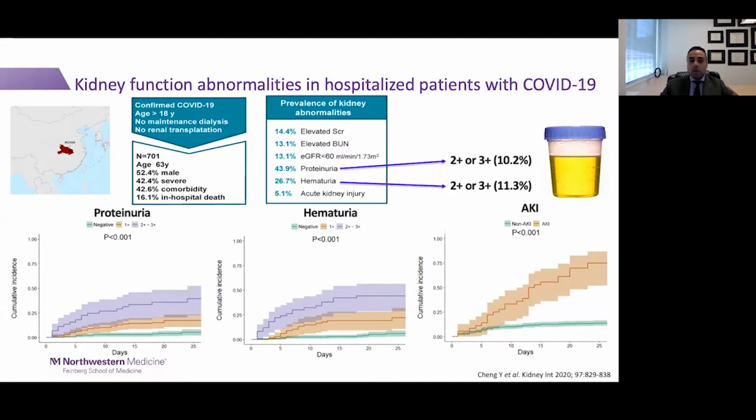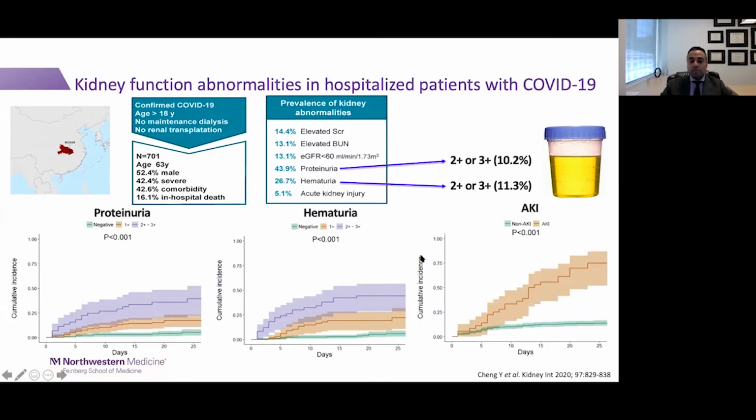And I know a number of us in our community thought that this was likely an underestimate of acute kidney injury. What was a bit provocative was that they found that individuals hospitalized with COVID-19 also had proteinuria and hematuria present upon hospital admission. And the reason this is provocative is that typical sepsis-related syndromes that may lead to AKI often do not have protein and hematuria in the urine. And so this may suggest that there could be an alternate pattern of injury ongoing in the kidney that required